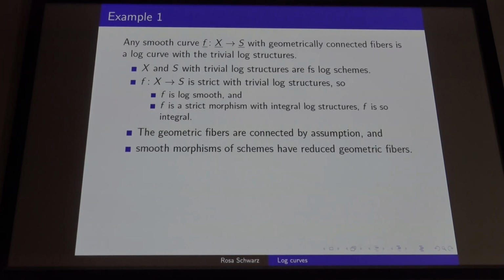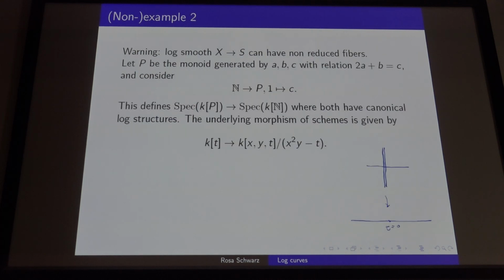Reduced geometric fibers. But there's the first warning. Log smooth maps can have non-reduced fibers. So this is an example of that. If you just take a monoid generated by 3 elements, A, B, and C, with a relation, so that the underlying scheme will be what we have over there, k[x, y, t] quotient by x squared y minus t. And you just take the map from